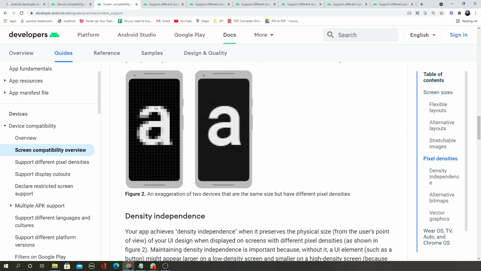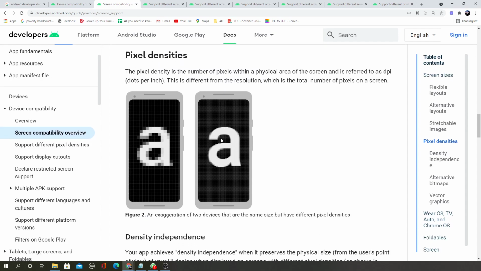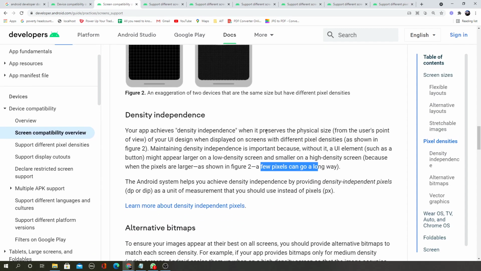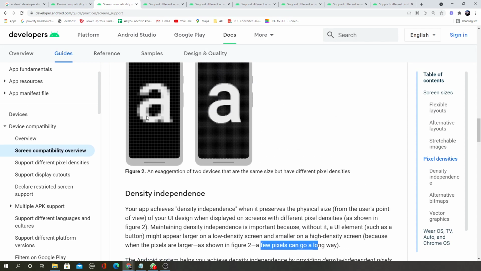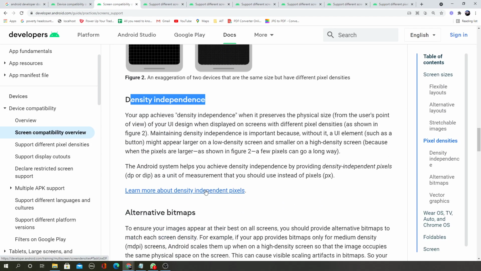So one user will see a larger button, but another user running the same app on a different device with a different pixel density will see a smaller button. You have to avoid that. To avoid it, when you provide the size of the button, you have to provide it in a density independent manner. We have another practical explaining how to do this after this lesson.